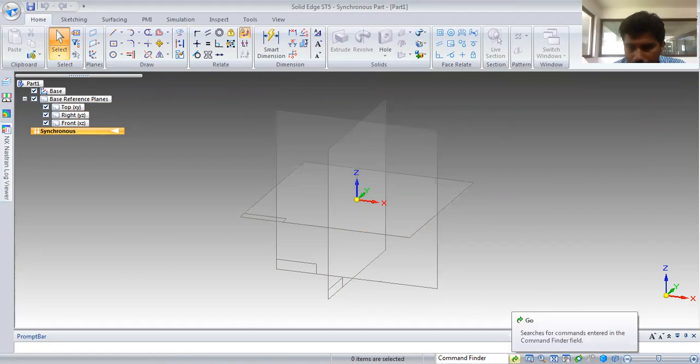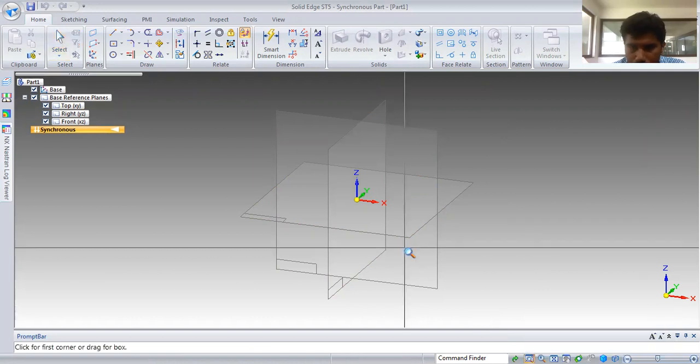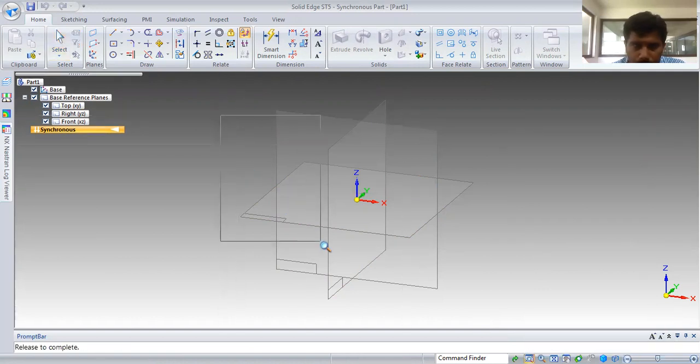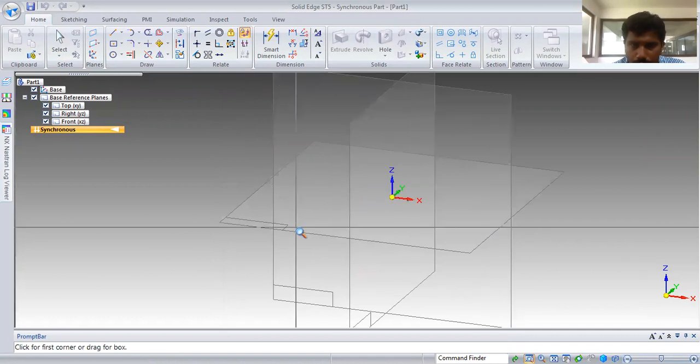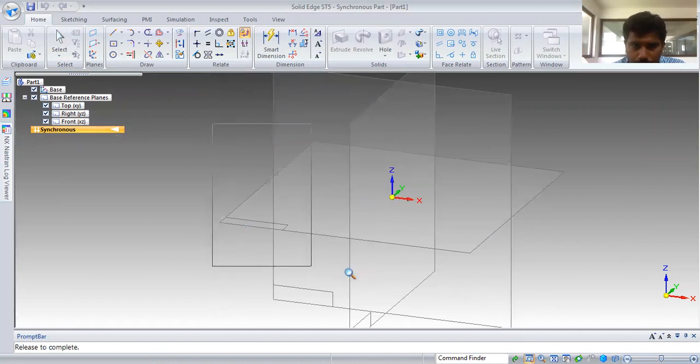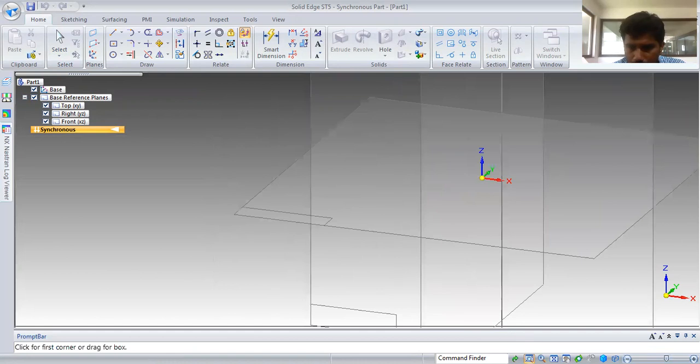You can see various things also. This is the zoom area, so you can zoom on this side, whichever things you want. That is the zoom option, zoom in and zoom out.